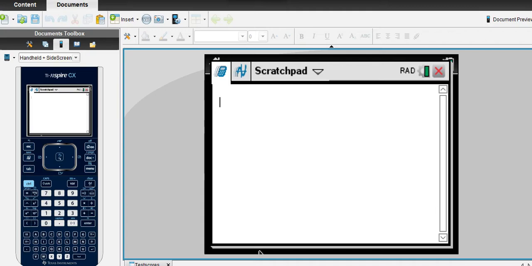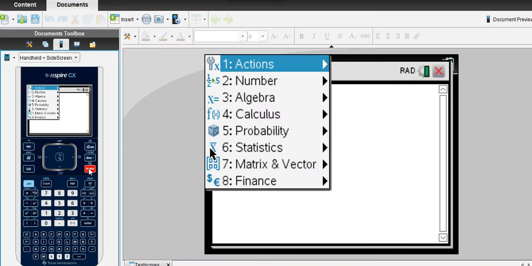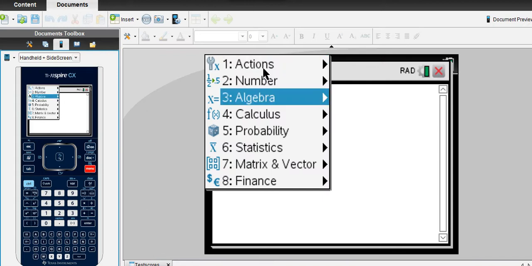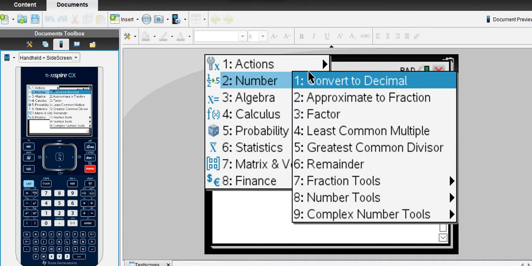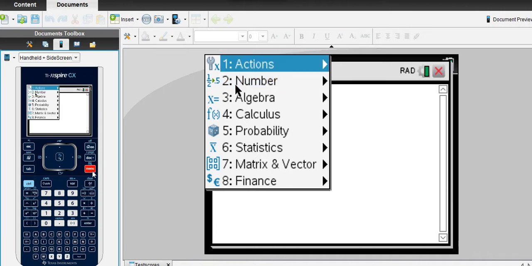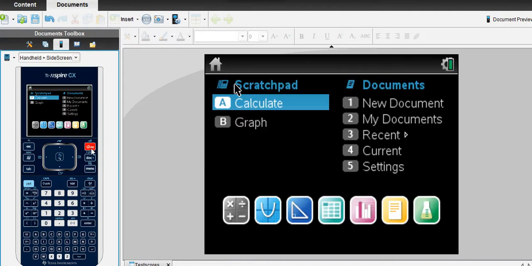And this is the first time you're going to be using your calculator. So I would like you to turn on your calculator. When I click a button, it will turn red. So even though you're not following what I have on the right side of the screen, you can tell that whatever I click is going to be red. So you click menu. Sorry. You click on home, and you'll see the screen.